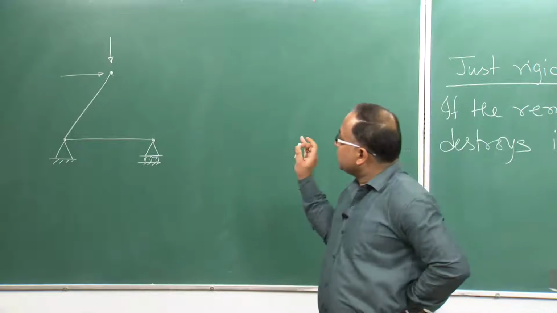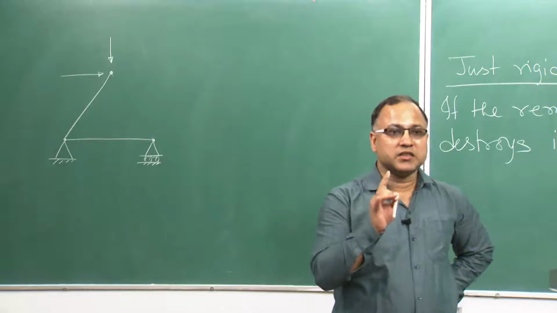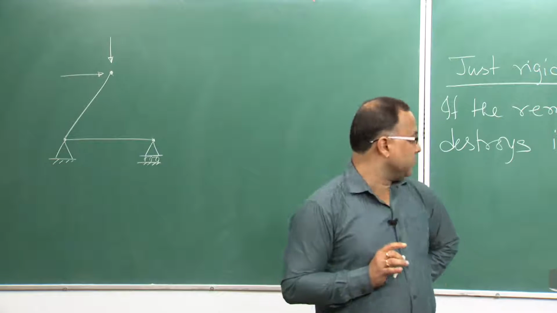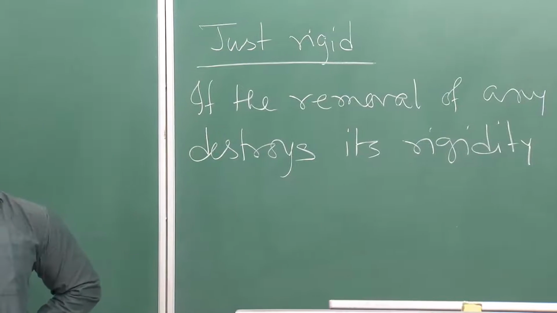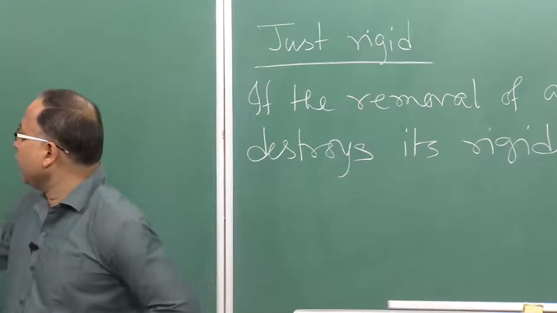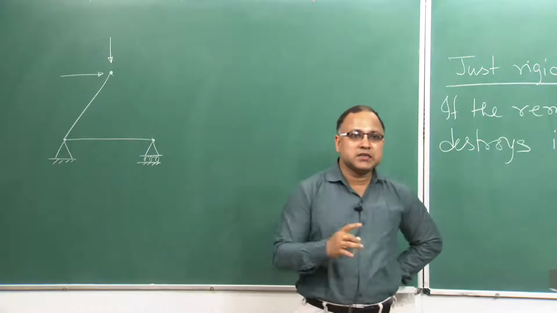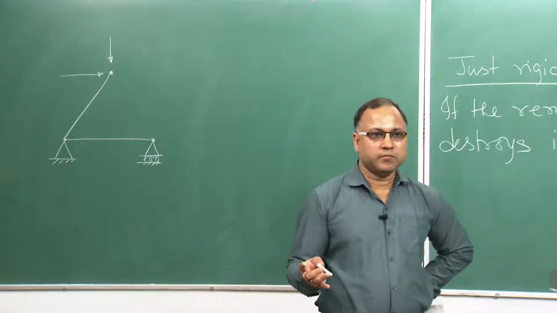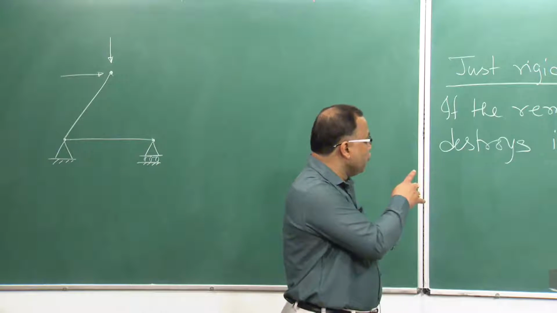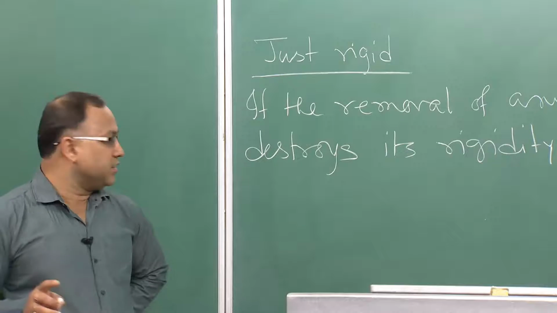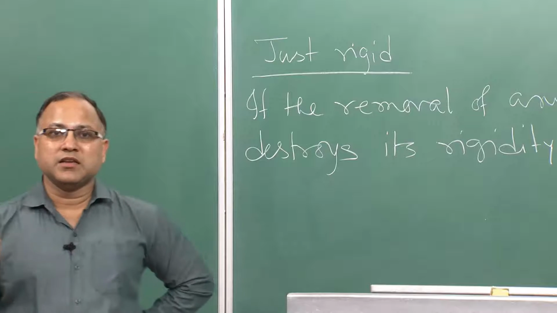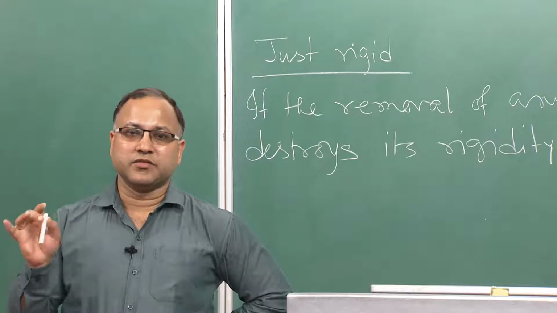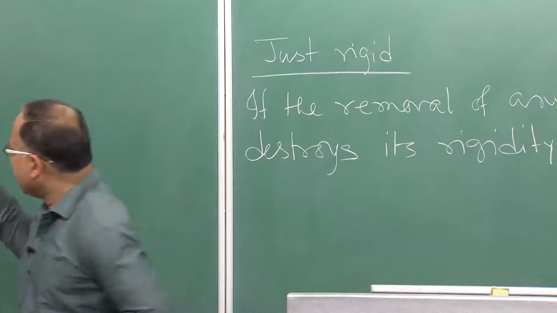So, this kind of system is known as just rigid structure. I have removed only one member and that disturbs the stability. So, if you remove any of its members and it destroys the rigidity, then that is known as just rigid structure. Suppose, for example,